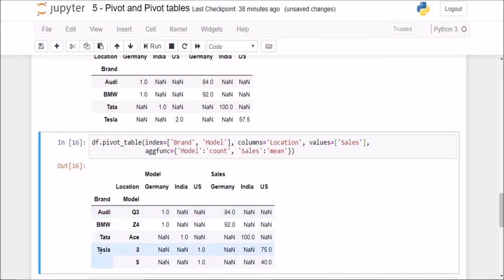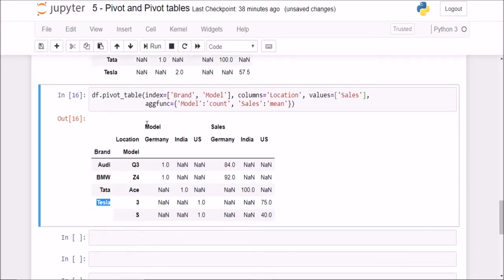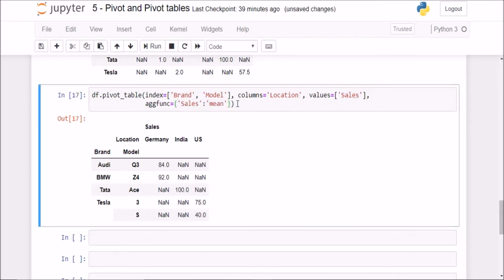For example, Tesla had two models, 3 and S, and hence it is showing me a multi-index here. And I asked for the values of sales, but it is also giving me model here because I've given an aggregation function of count. So I'll remove this. Now you see that it is a much cleaner data frame. Now I can quickly say that for the Tesla S model, there were 40 units sold in the US and no models sold in Germany and India.